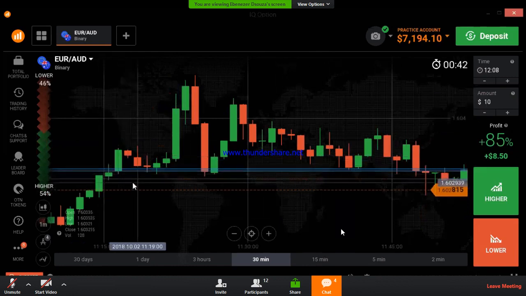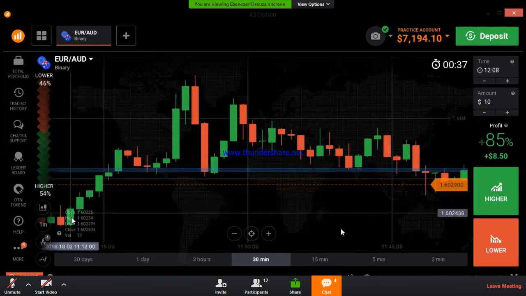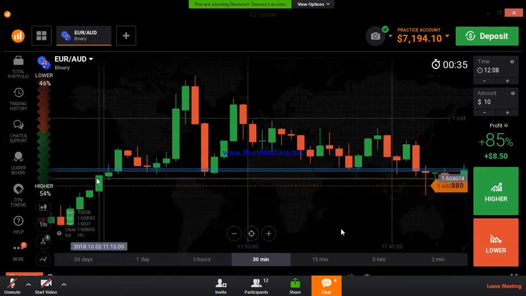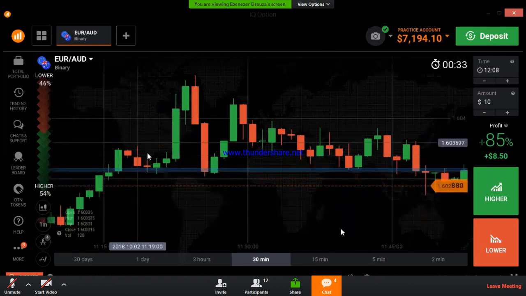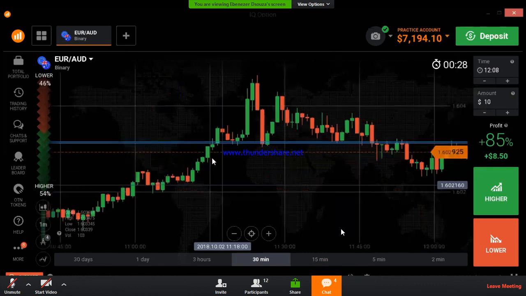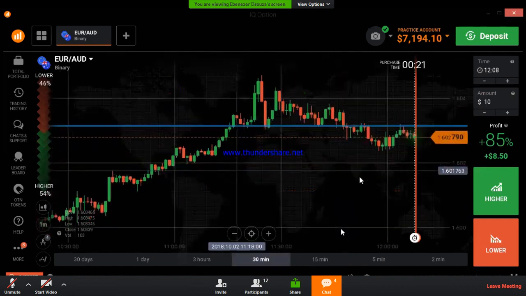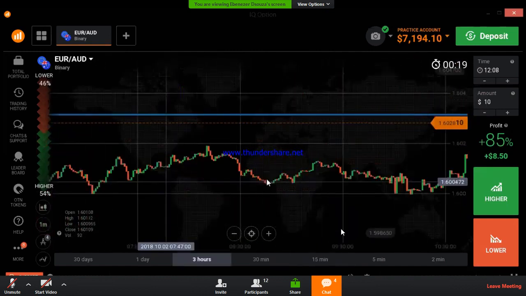But if this spinning top would be a red spinning top like this or like this, you can't trade with a lower option again, because this is a very weak spinning top. This is very strong bullish movement. It means it may break this level again. This weak spinning top will not work sometimes at this area, because this is very strong bullish movement.